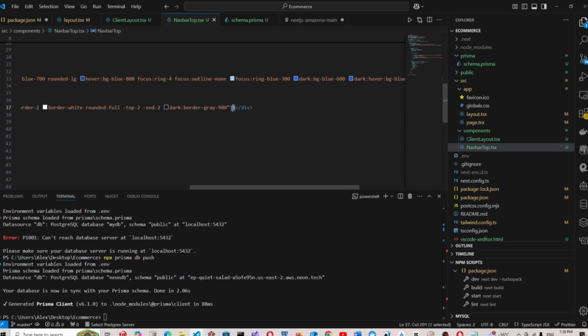Actually, what we want is to get the number from the shopping cart component. The shopping cart component sets this number, how many items, and in this navbar we get this number. For this we need a state